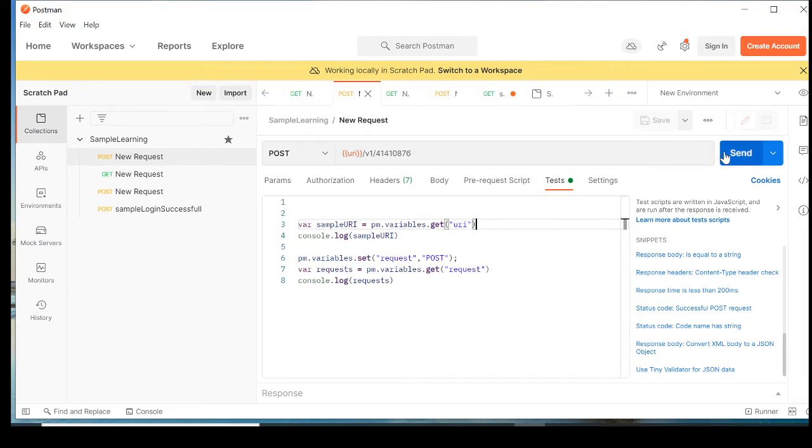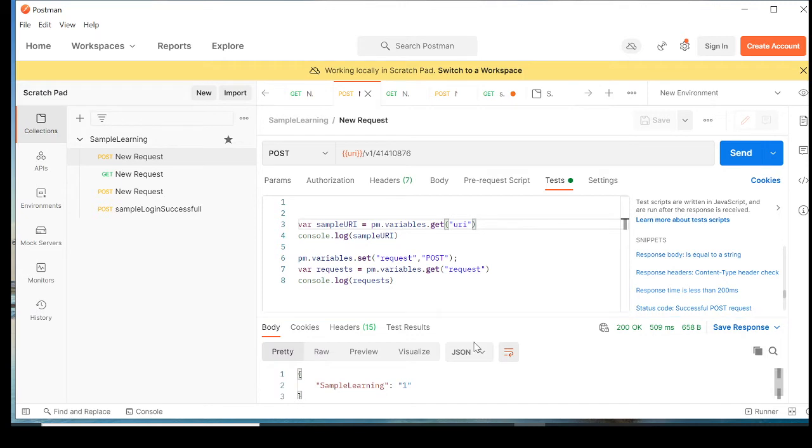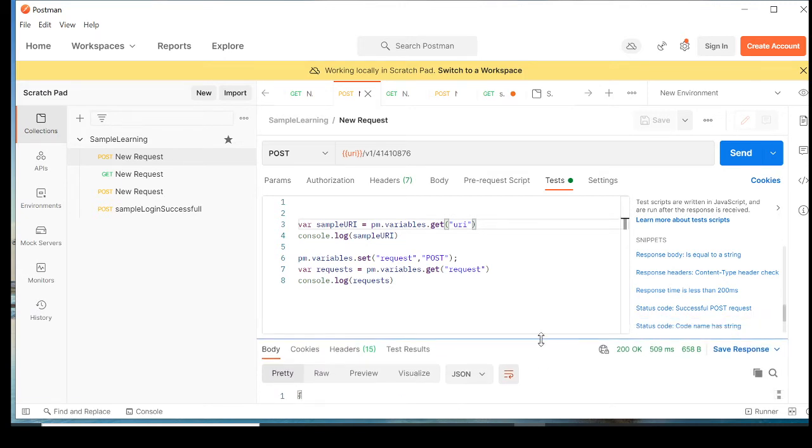Suppose I have run that, and visually I have just seen the 200. Okay, I have received this particular response body, so that means everything is correct. What if you want to assert it? Because when you generate the report, or when you run multiple requests, suppose in this one collection you have 100 requests, you're not going to execute them one by one and see the response with your own eyes. So you can just assert it like the way we assert in our Selenium or Cypress. You can assert in Postman as well.